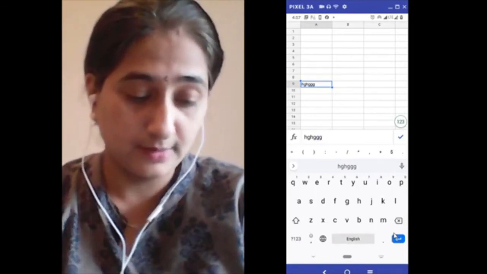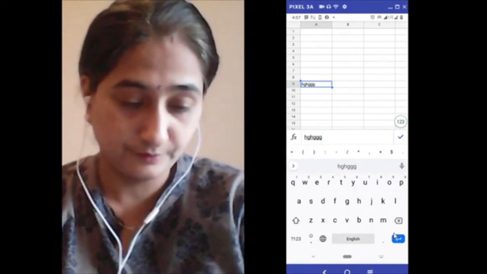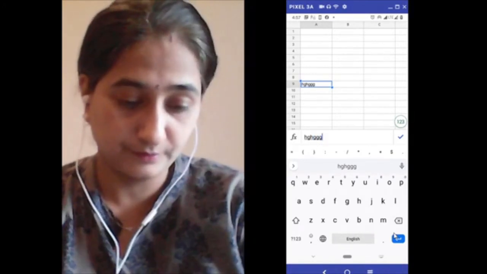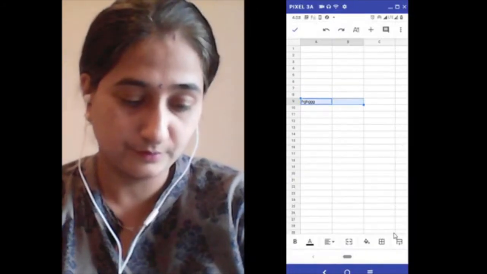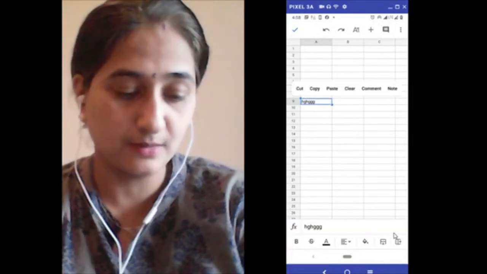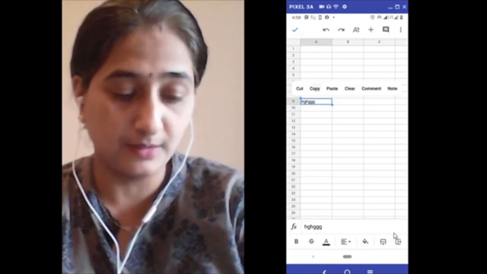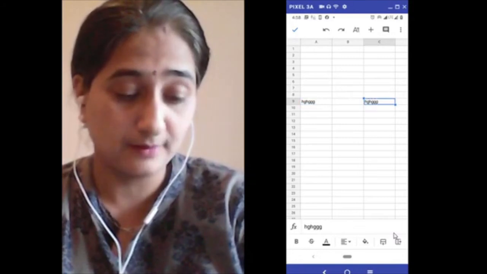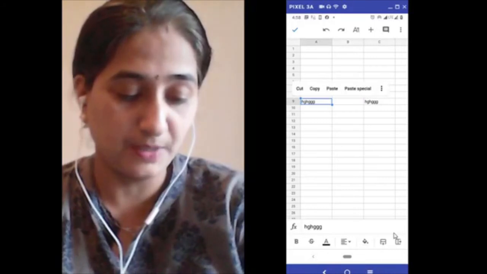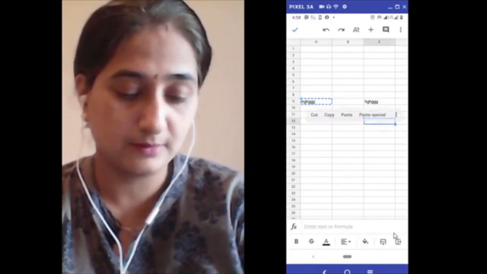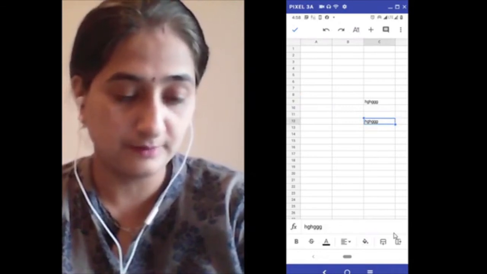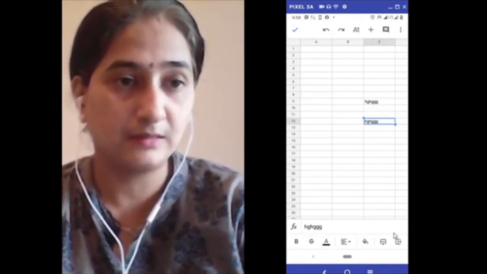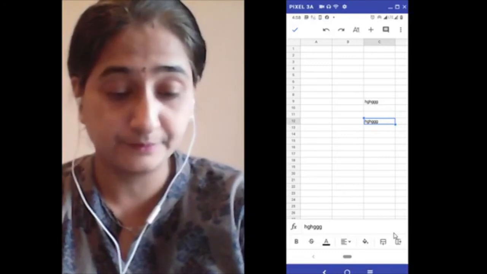Now, select the data. First we will see cut, copy, paste. So I am copying it, placing it into some other cell. Just hold your finger onto that cell and say paste. So this is simple copy paste. Similarly, if I want cut paste, I will say cut, paste. Clear? Simple cut, copy paste. Is this clear, children? Yes, teacher.